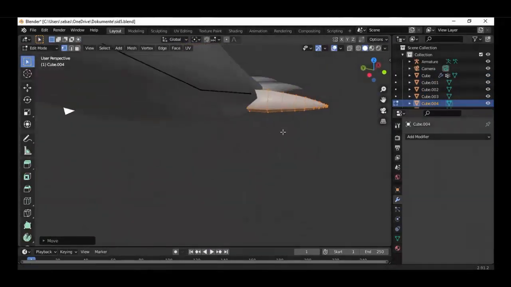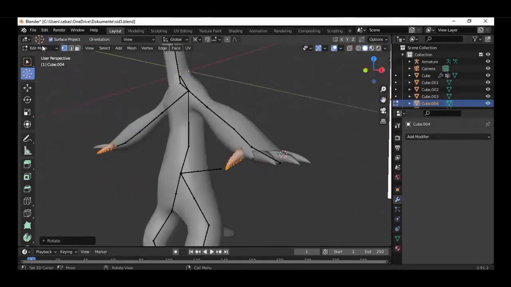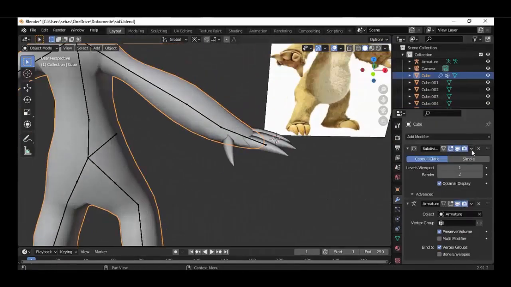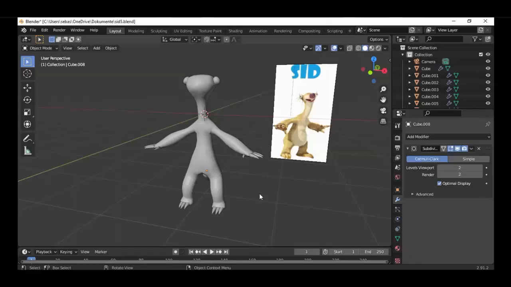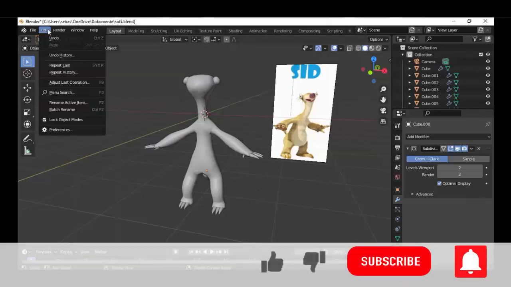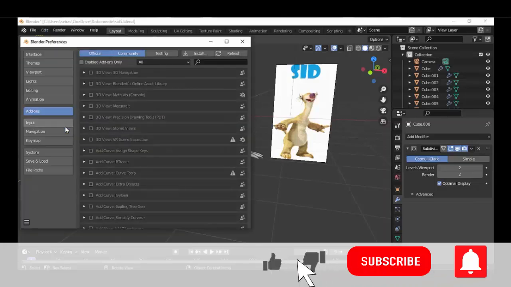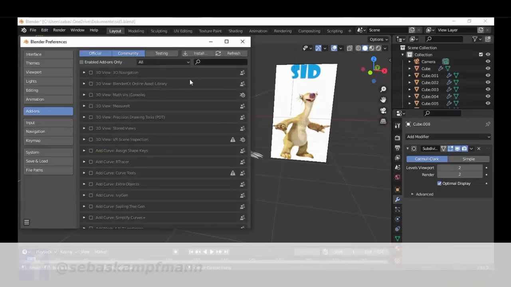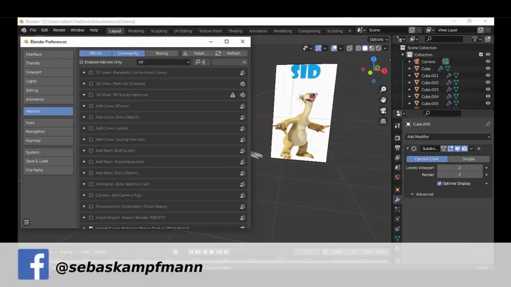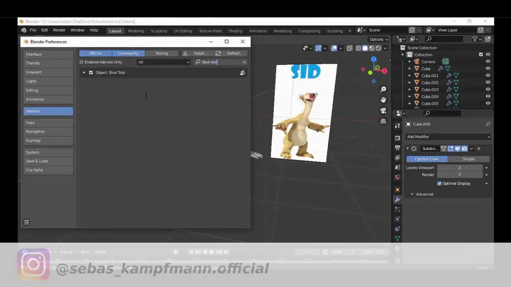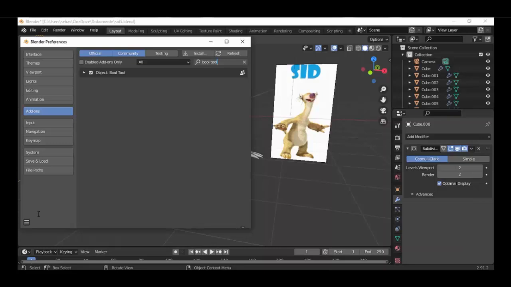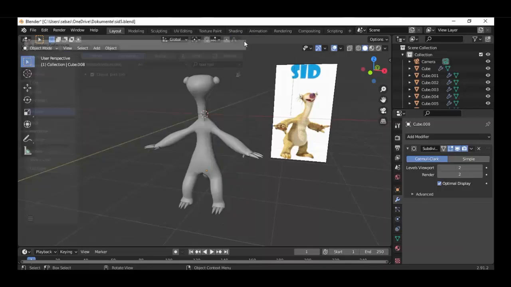I show you today how to connect different objects in Blender with each other using the bool tool. The bool tool isn't installed by default, but you can go to Edit, then Preferences, and go to Add-ons and search for bool tool. I already have it installed, so I have the check there. Just make a check, then go to the bottom, and when autosave preferences is checked, then it saves everything when